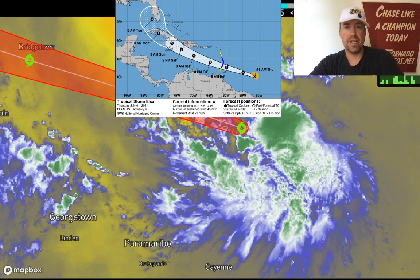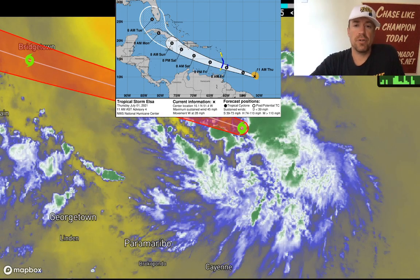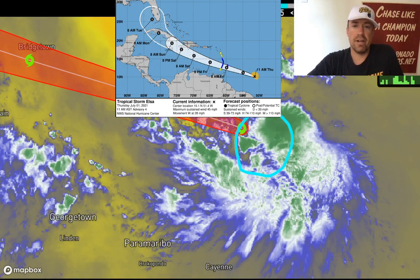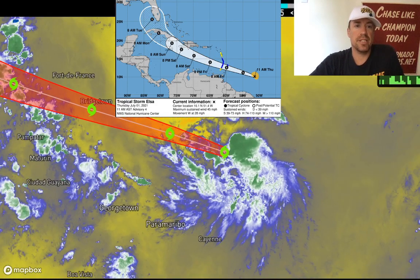You can see that it is enveloped within quite a bit of dry air as well, but these hurricanes, these tropical cyclones, once they intensify and develop a nice central dense overcast, have a way of carving out an environment within that dryness. But this further north track than what we saw yesterday, that's a little bit closer to